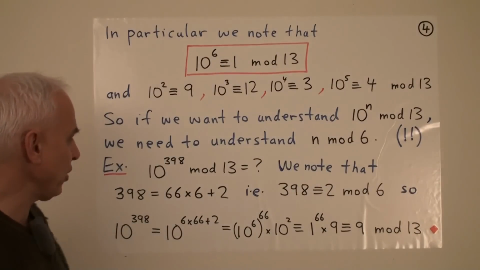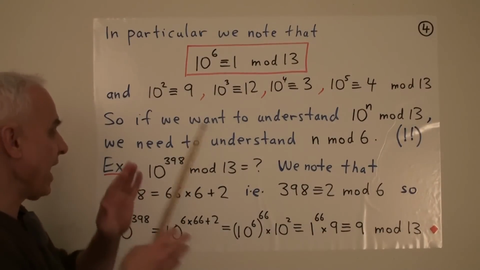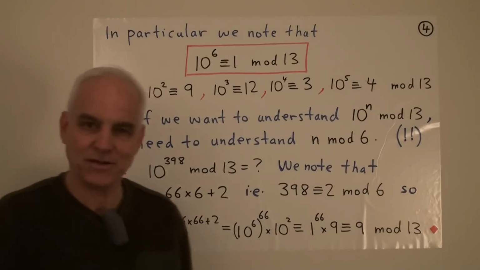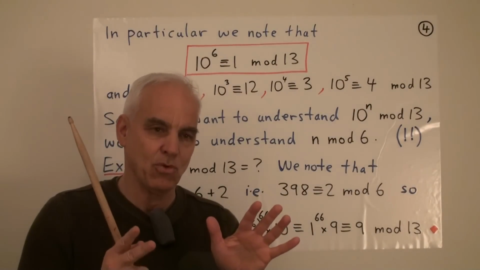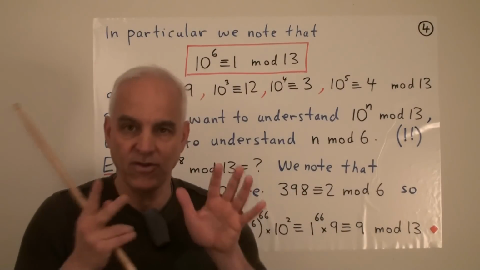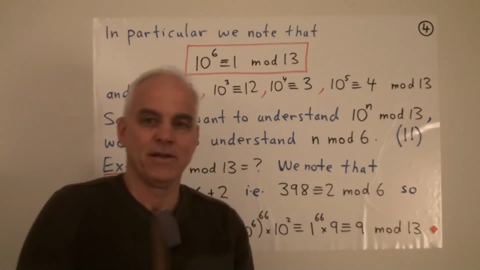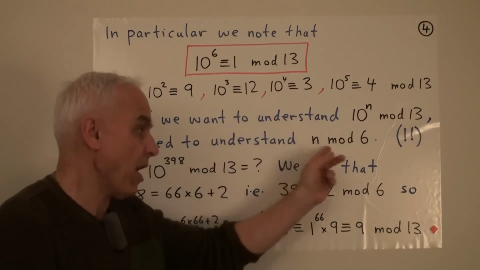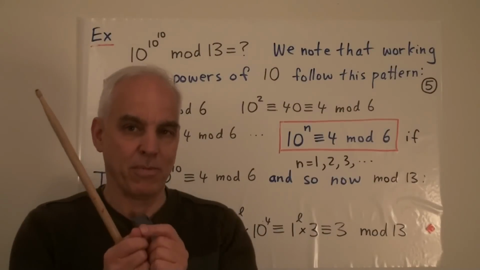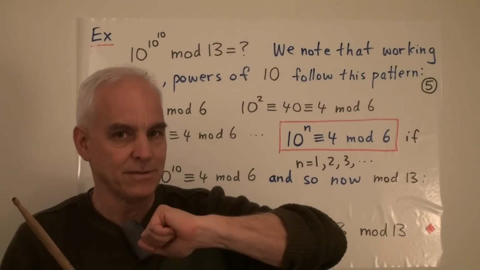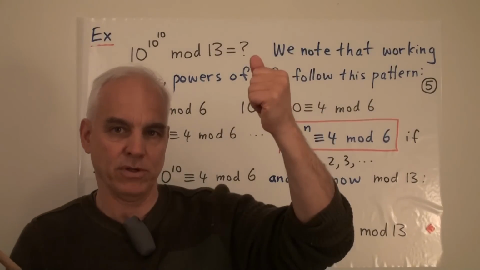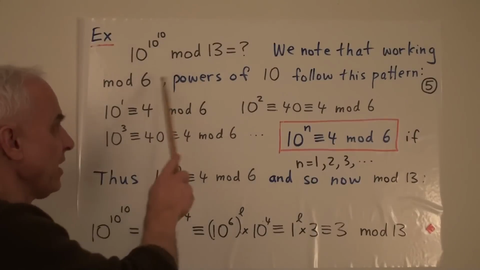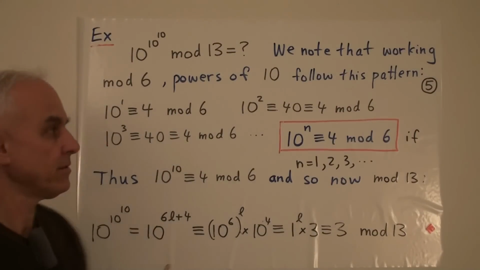And we've analyzed that by looking at the exponent and basically analyzed it modulo 6. So it's very interesting that this original problem that has to do with divisibility mod 7 ends up converting, at least partially, to a question about divisibility of the exponent mod 6. Okay, that's great, but we still have quite a ways to go if we want to get to z. How do we deal with a tower of exponents? Well, let's look at a simpler example. Let's look at 10 to the 10 to the 10 mod 13. See if we can get our heads around that.